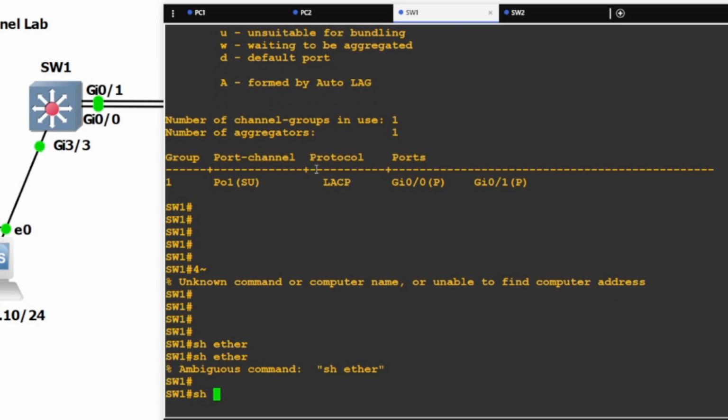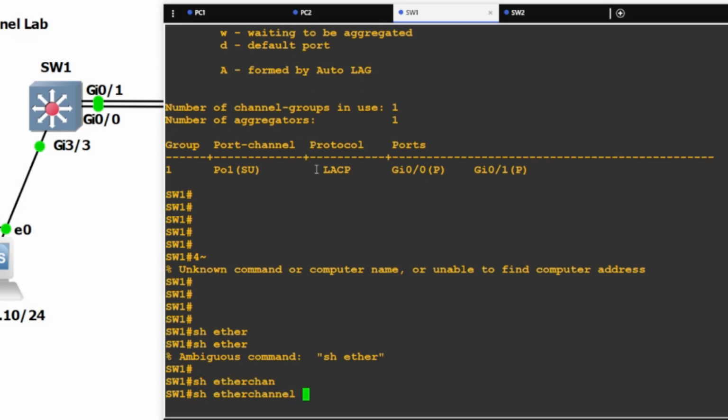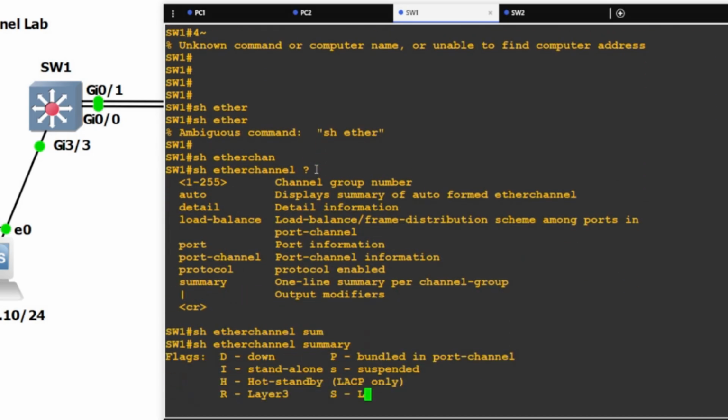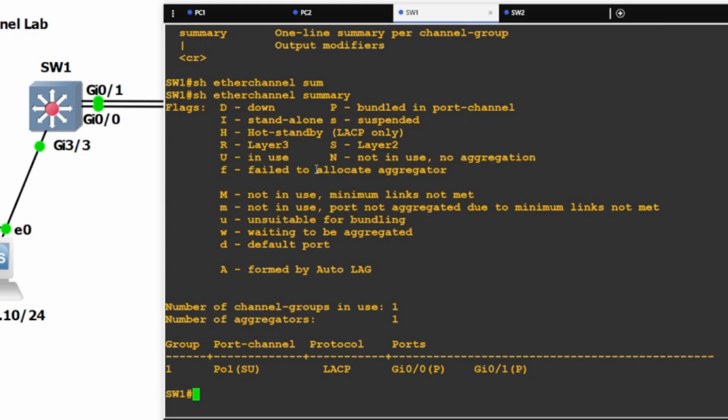Show etherchannel. And there's some options there, so we could do detail. I'm going to do summary first, a little quicker. It gives you the flags that we can look for, and we can see the